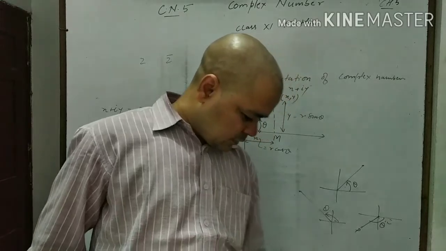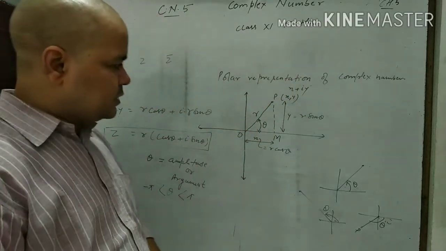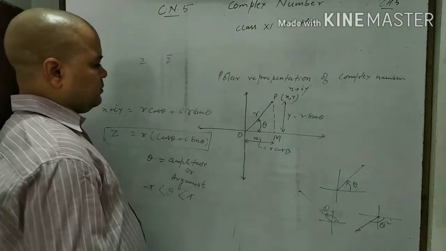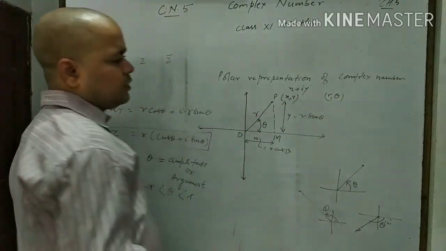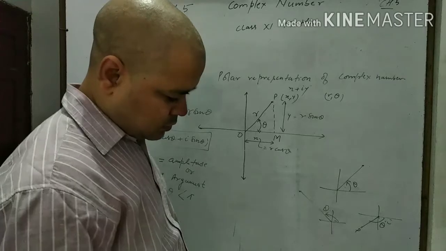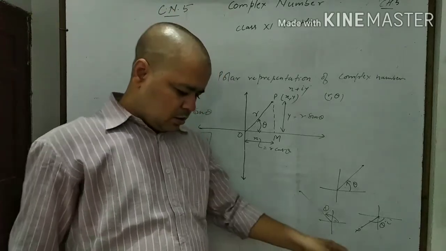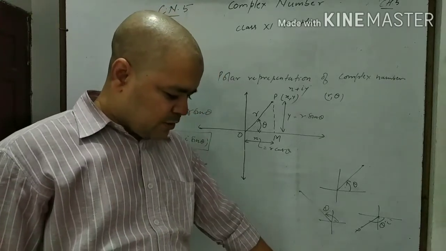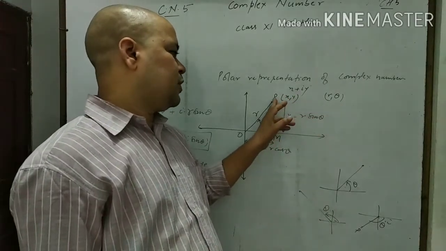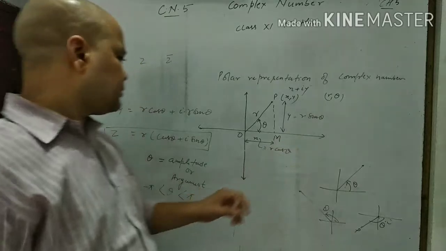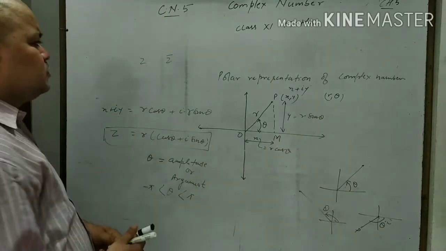Therefore, here r, theta is called the polar coordinate of the point P. R and theta is called polar. It's called the polar coordinate of the point P, where from here we can find r also.